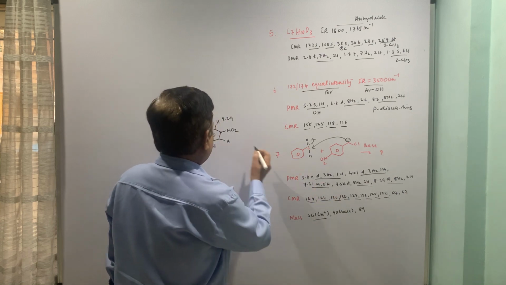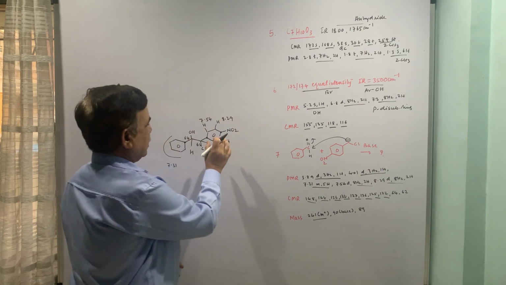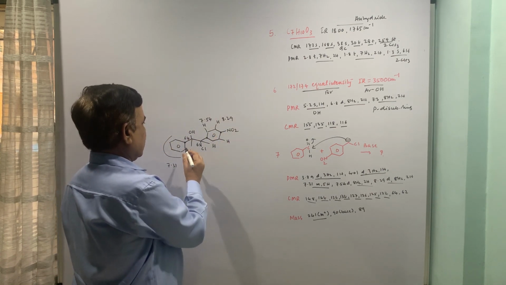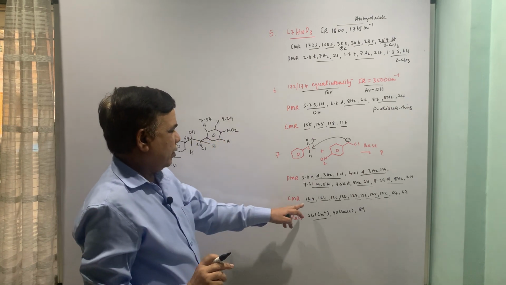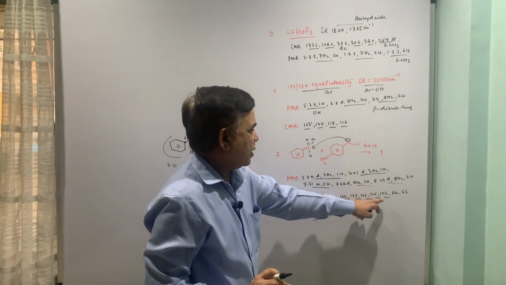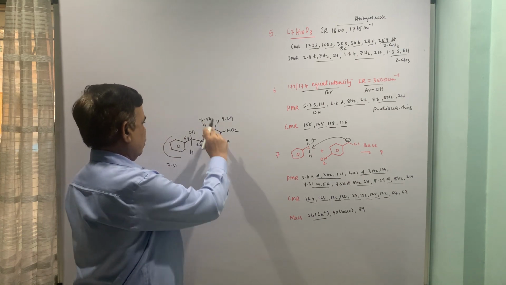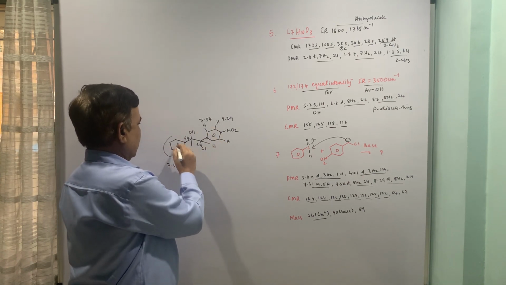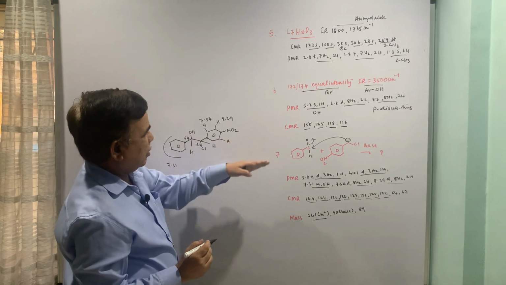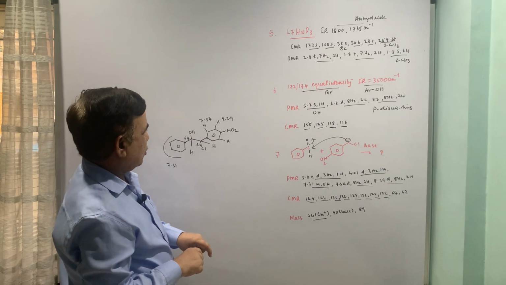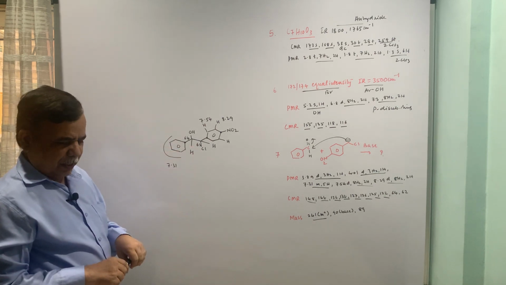Then 130, 127, maybe here also para disubstituted, you will have 2 sets only. So 2 carbons will be less. So 6 and 6, 12, 13, 14. Now instead of 14, how many do we have? 3, 3, 6, 8 and 10. So only 10 are there. So 2 are missing. Maybe here also you can get the similarities. So this is the probable structure of the molecule from this. So 241 mass, you can calculate this, it will come automatically like that.